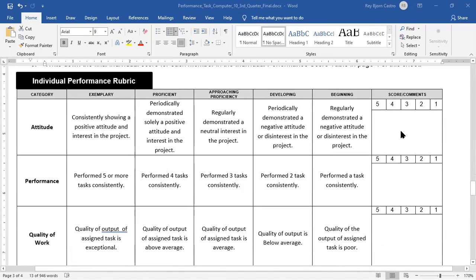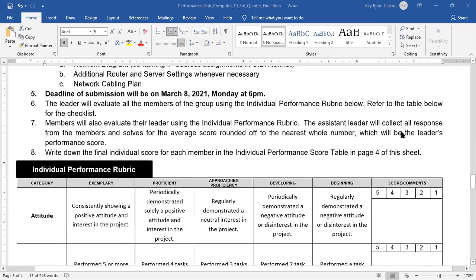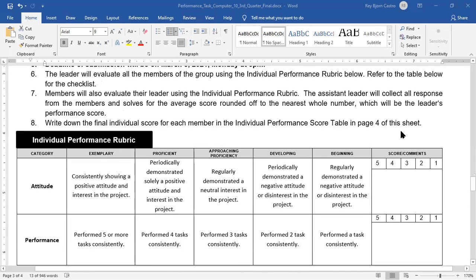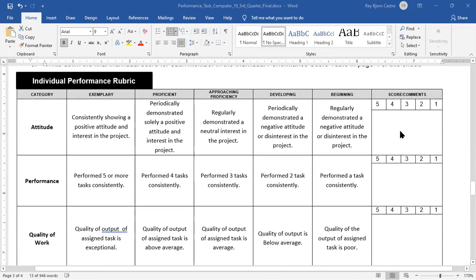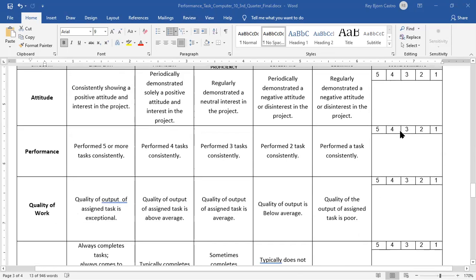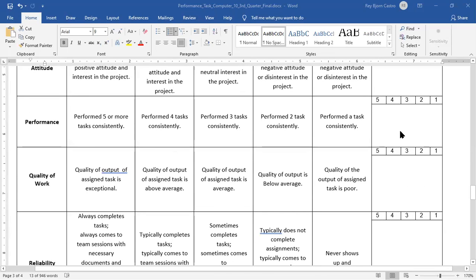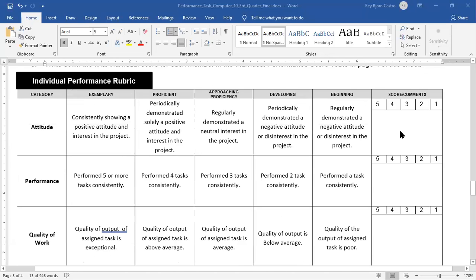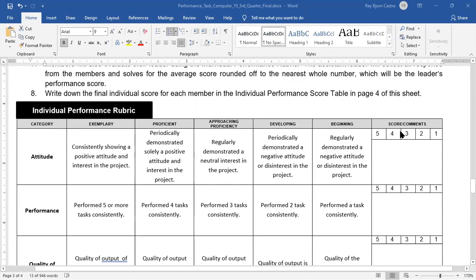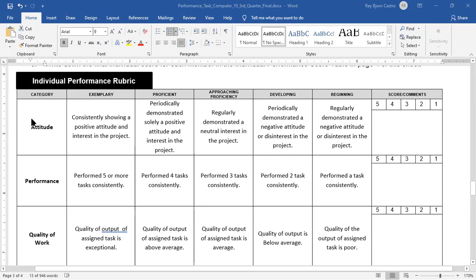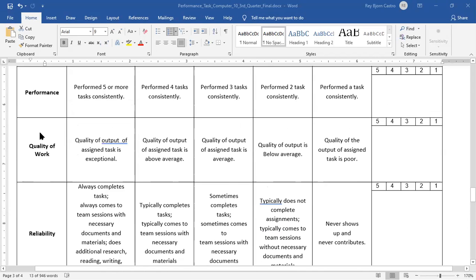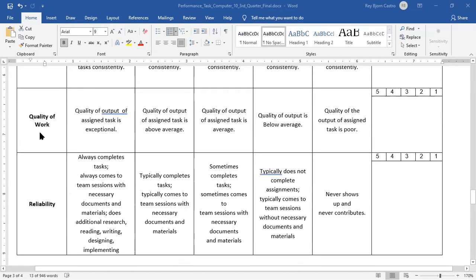So the individual rubrics are as follows. Last time, 10 points lang ang allotted for your individual performance. This time, 20 na siya. Because one skill that you have to learn in the real world is to work with others, collaboration. So you should have the correct attitude. You should have a good performance. You should have a good quality of work outputs, and of course, you should be reliable.